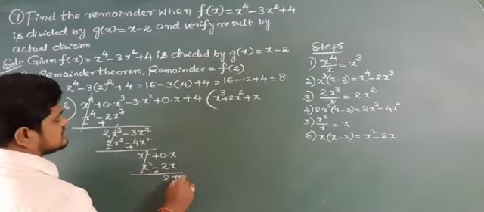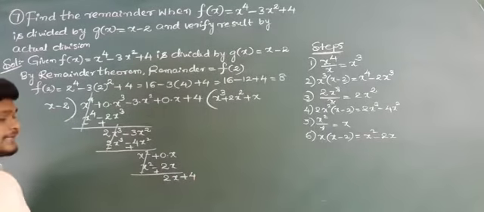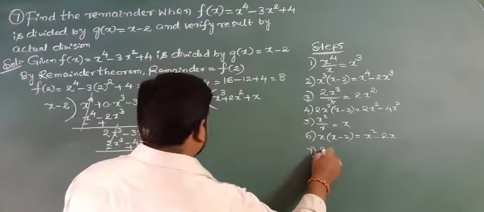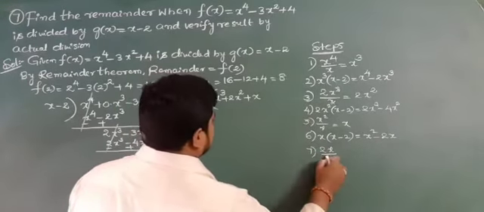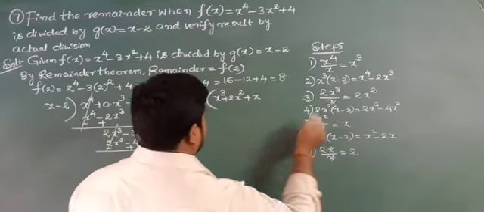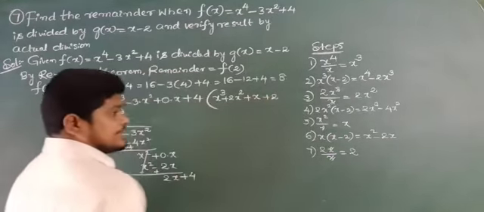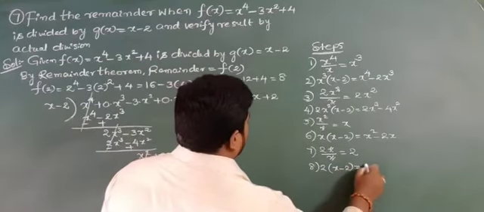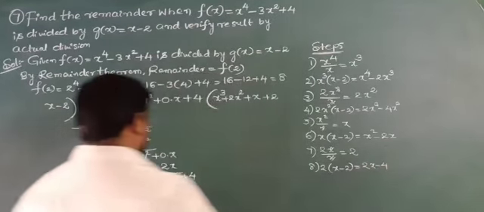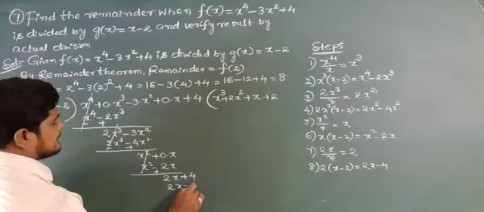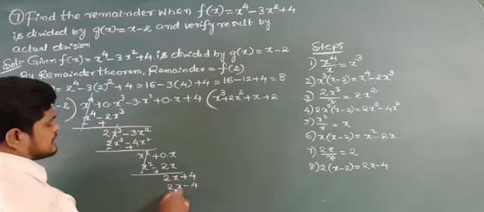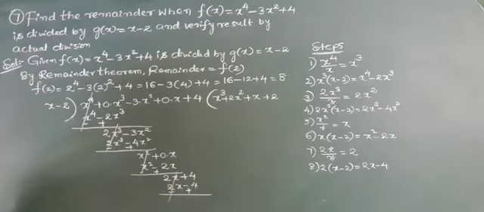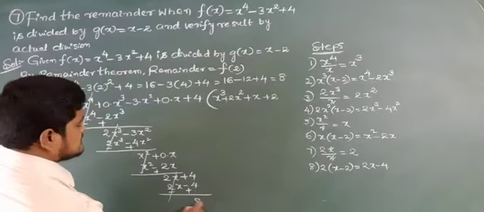We have to take the next term, that is 2x + 4. Again divide the first term of the dividend by the first term of the divisor, that is 2x divided by x, cancel x and x, remaining is 2. We write 2 in the right hand side brackets. So multiply 2 with x − 2, that is 2x − 4. Write 2x − 4 here. Next again change the signs: plus 2x becomes minus 2x and minus 4 becomes plus 4. Cancel plus 2x and minus 2x. Remaining 4 + 4 is 8.